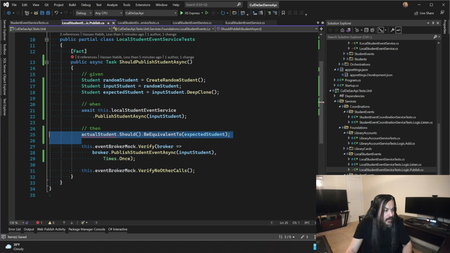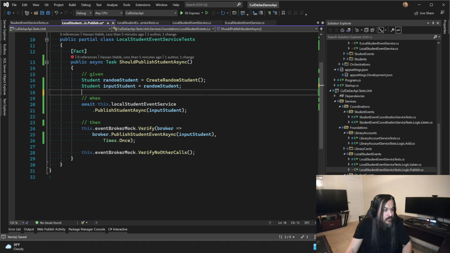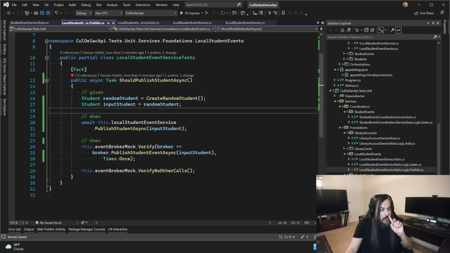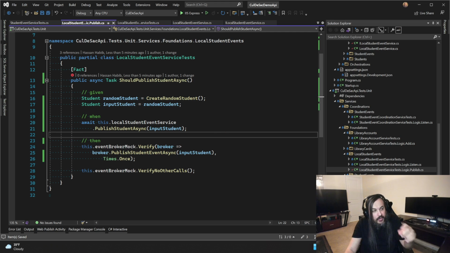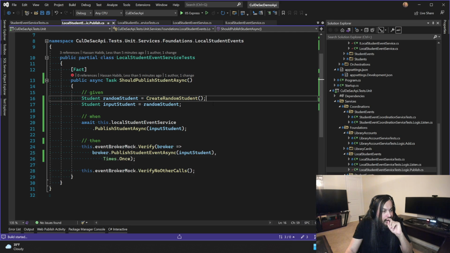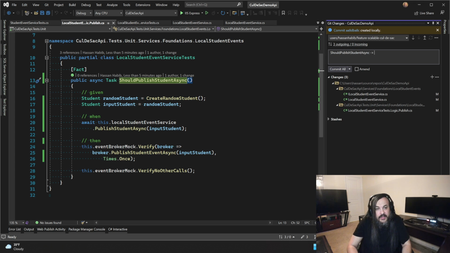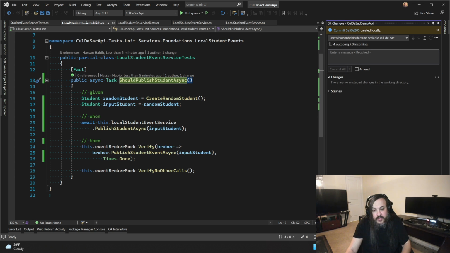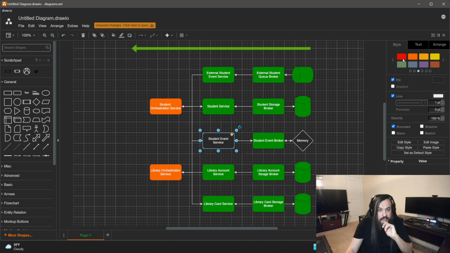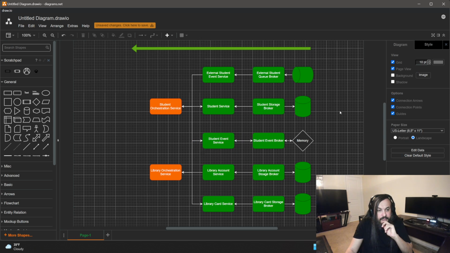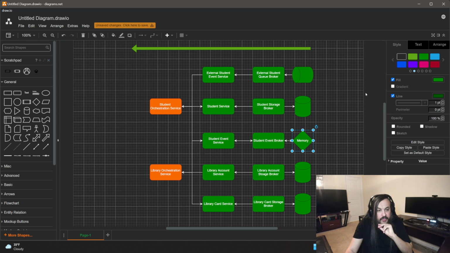So there's this guy, and now you don't need this anymore. And now you don't need expected anymore. That's all that it is. Now input is important because we really want to know that this is what we actually called. If I run this, this should pass. Let's go. Here you go. So this guy is passing. That's great. So that takes care of the service, student event service. This guy's done. Okay, and memory now is done.